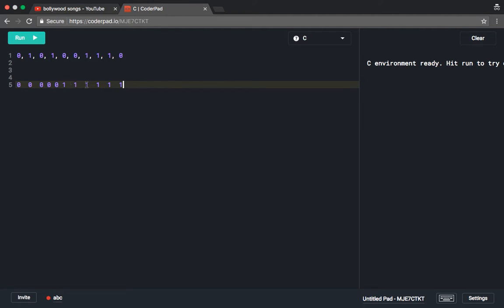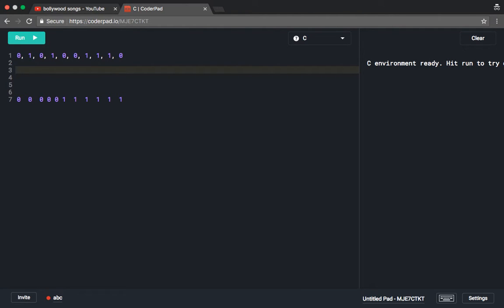So what we can do is count the number of zeros. We can traverse the whole array and count the number of zeros: 1, 2, 3, 4, 5. Then we can create a new array, or in this array we can fill the found number of zeros. Then in the remaining size of the array we can fill the number of ones. Okay,